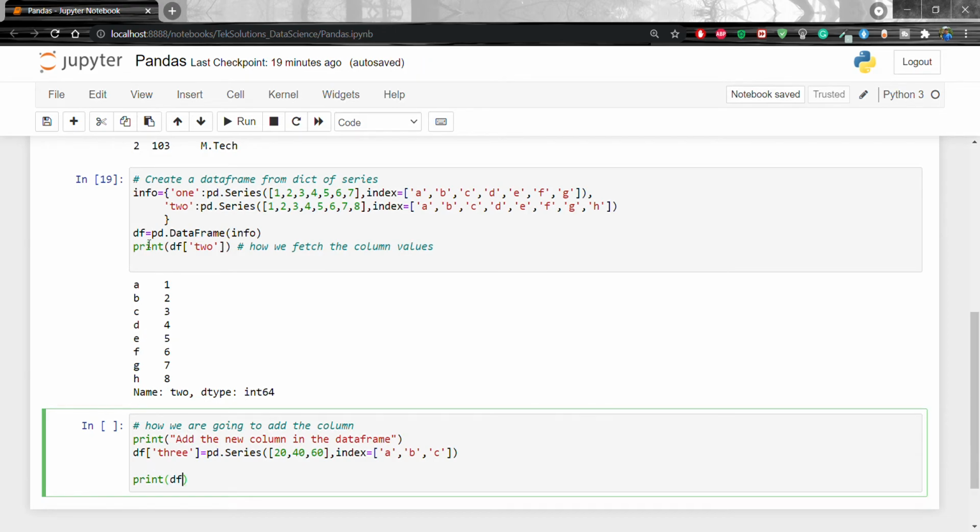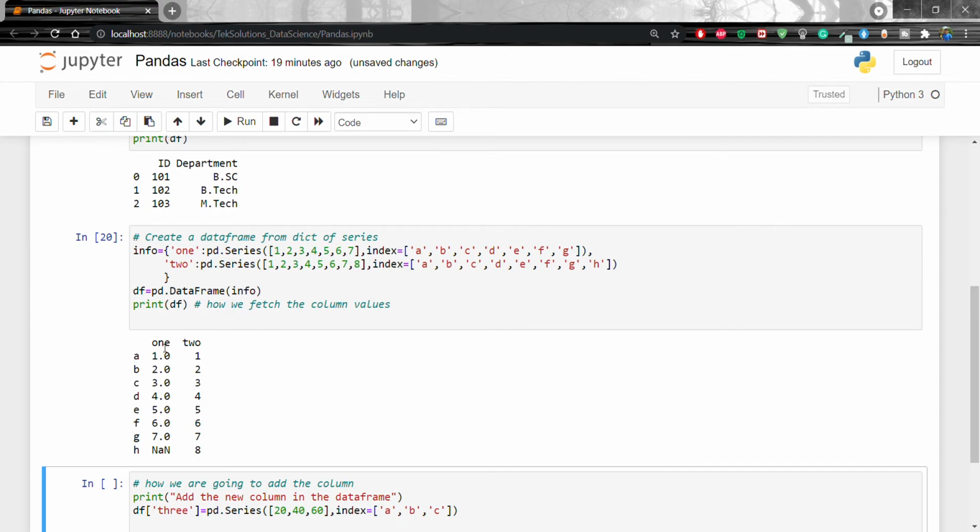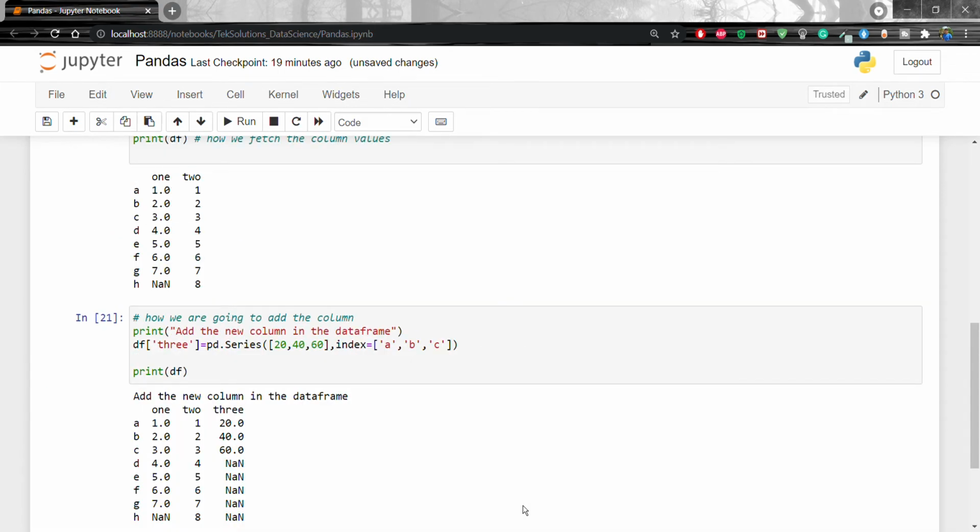Here 1 and 2 are there, right? If I remove this one and shift enter, we will see 1 and 2. Now in this DataFrame we added a new column, that is 3. We are going to add the new column with the values 20, 40 and 60, and the rest of the values will be NaN. Let's shift enter, right? 20, 40, 60, and the rest of the values are NaN. So this is clear how we are going to add a column.